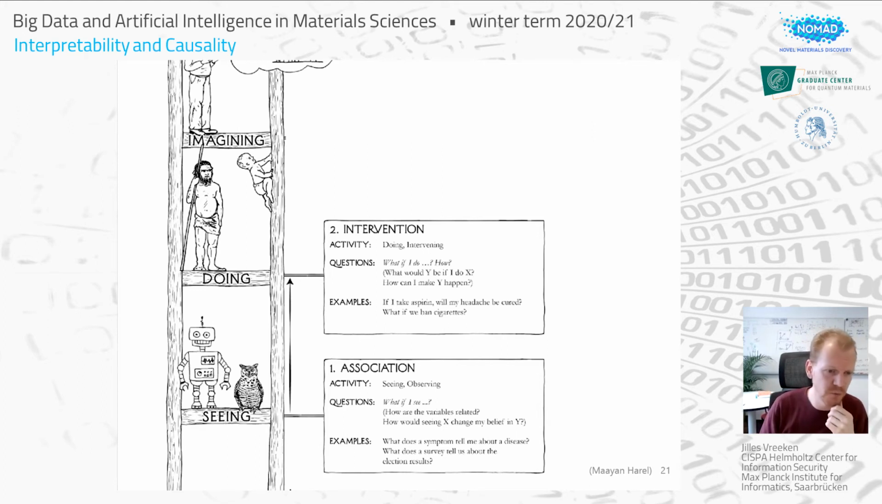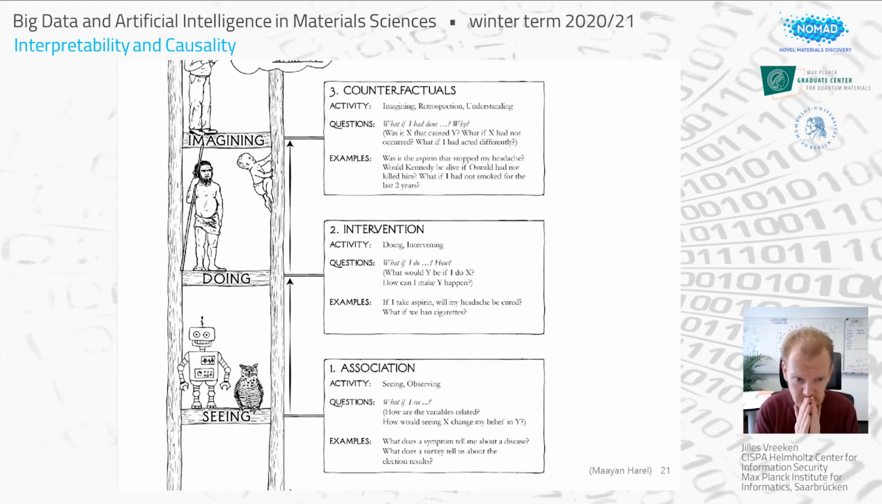There's also a third rung, counterfactuals. These are the more imaginative questions. Whereas in association, we just look at the data we have, in intervention we ask, okay, what would happen if I change? So basically it's forward-looking. And in counterfactuals, you reason about what would have been the case if I had changed. I mean, if I would have put on a blue shirt rather than a red shirt this morning,